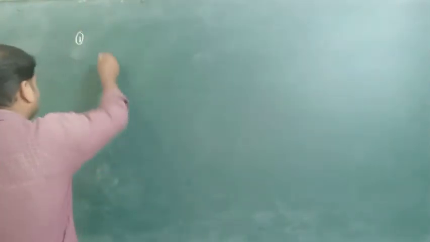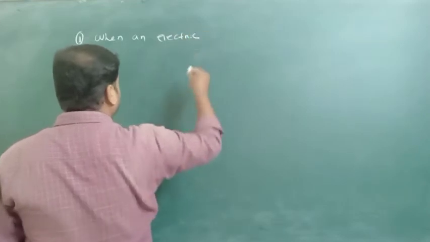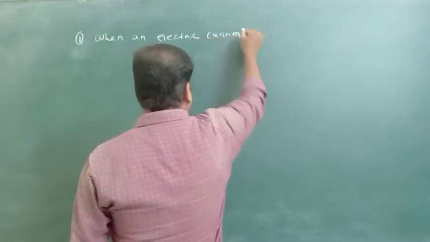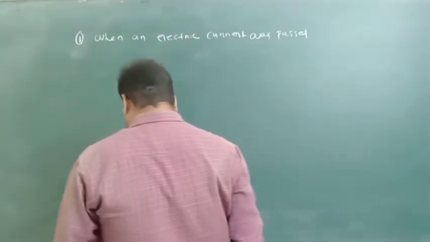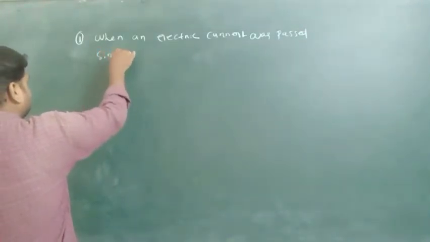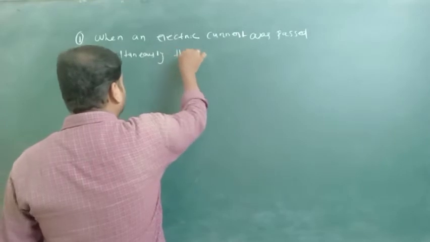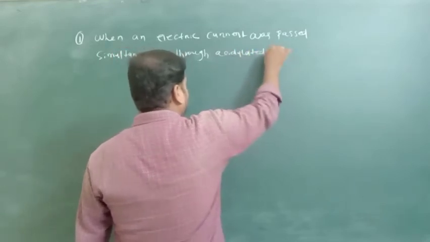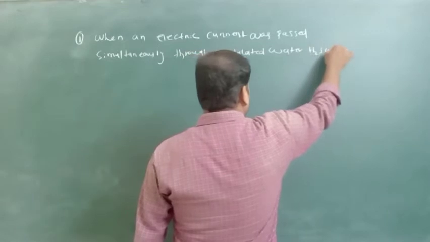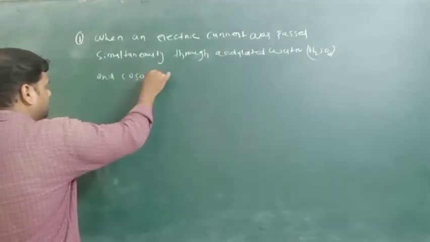Question number 1 states that when an electric current was passed simultaneously through acidulated water, that is H2SO4 sulfuric acid, and CuSO4 copper sulfate solution,